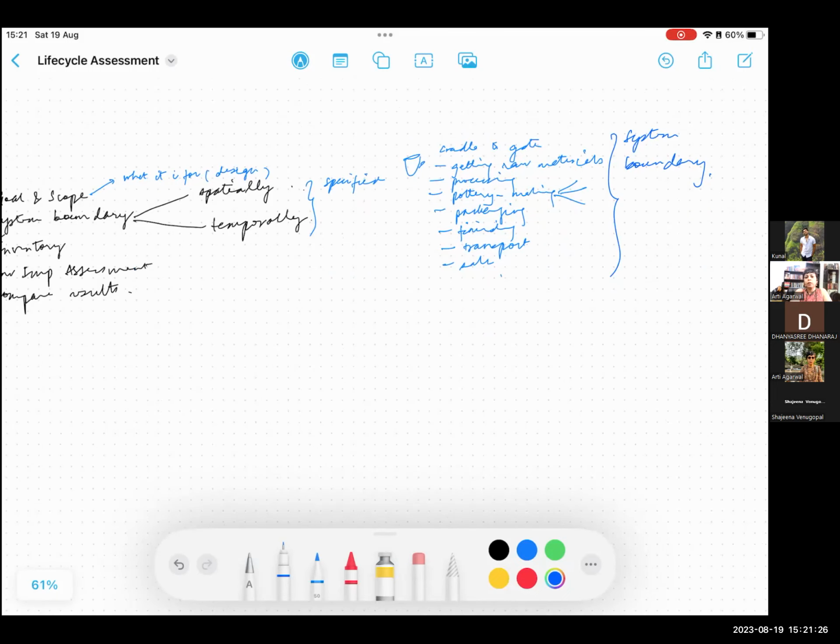When you define all these, I've just put them as bullet points here, but in reality, this will be more like a flow chart, like you've seen in your slides, right? So this is just for speed and for simplicity's sake, I've put these in bullet format. But you can do it properly. You can make a flow chart and see, because in all of these steps, there'll be some inputs, maybe some outputs. So all of those things you'll be doing, but I'm just telling you that defining all these steps matters. Now in this, there's only one cup, so there's not a whole lot of confusion, but in some other